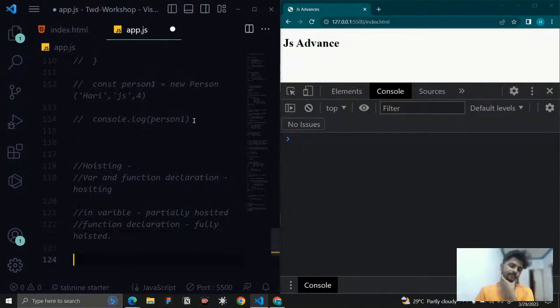These are the two things that we need to remember. It will be really helpful to understand what the hoisting process is. We don't know yet what hoisting actually is, we are going to discuss it, but hoisting takes place in var and function declaration, and in a variable, if a variable is